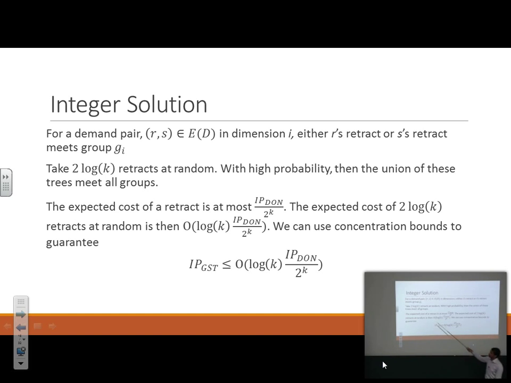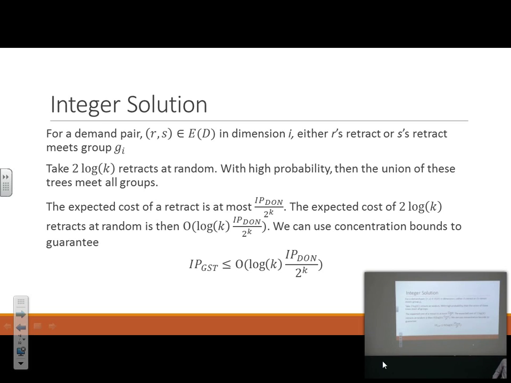So now you can go either way. You can go greedy, as someone said, or you can go randomized rounding. Take 2 log k copies of retracts from these 2 to the k copies, right? And with high probability, you would have covered all of these demands, right? And you can also use some concentration bound and actually get a solution of that value. Okay, so what have we lost? We actually wanted to take only 1 copy of the retract. That's what would have given us the IP solution over 2 to the k, but I've lost a log k factor. Okay, I think we are done, basically.